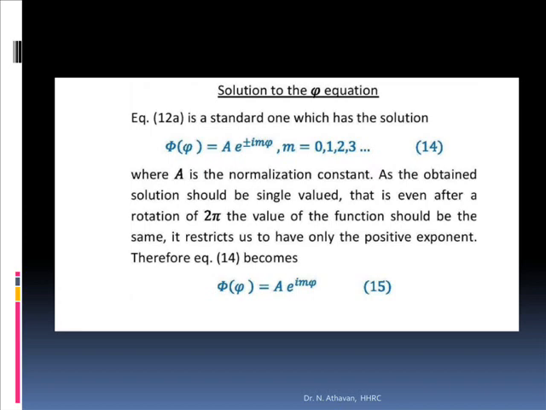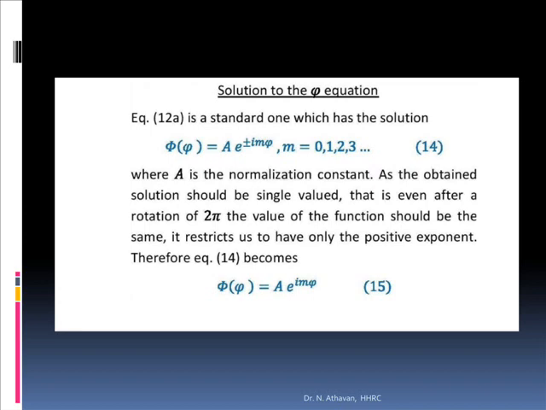So as the obtained solution should be single valued according to the admissibility conditions, that is, even after a rotation of 2 pi, the value of the function should be the same. So that restricts us to have only the positive exponent. That means e power minus im phi is not allowed. So we write only the positive exponent, that is phi of phi is equal to A e power im phi,